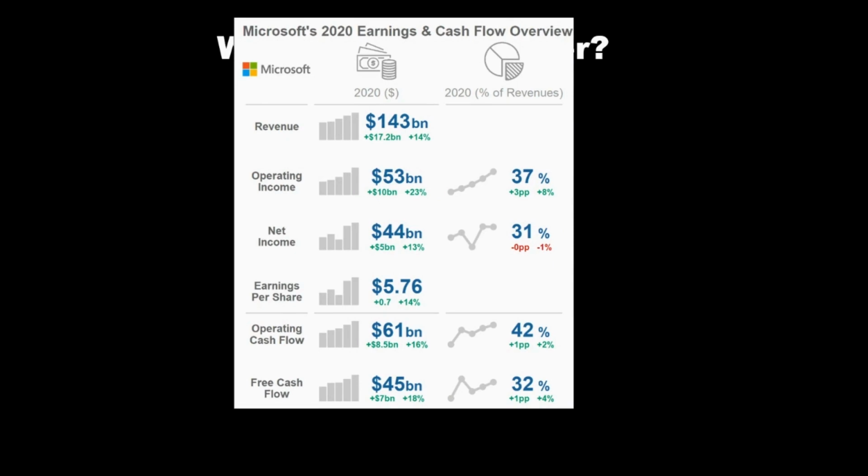Some things we might want to consider: revenue, operating income, net income, earnings per share, which is how much money they made per each share of the stock, possibly operating cash flow, which is the revenue minus the expenses, right? So these are some of the things that tell us how the company is performing currently. We want to see a high earnings per share if possible. We want to see a high net income. We want to see high revenue, obviously. So those are some of the things I like to consider.